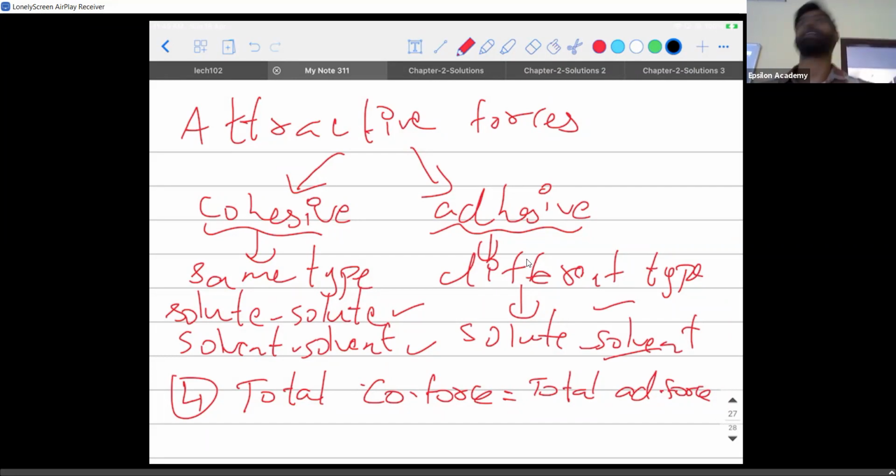Okay, right. Now we understood what we mean by ideal solution. Now we will try to understand the reality. Obviously, you will find very few solutions will be able to show ideality. The majority of the solutions will show only non-ideality. We'll understand how they are able to show non-ideality, how they are deviating from the ideal behavior. Just like you have real gas and ideal gas. You know how real gas deviates from the ideal gas. Like that same thing we'll see here.